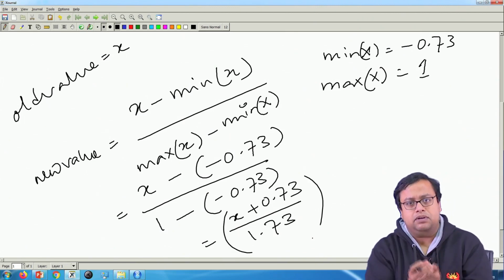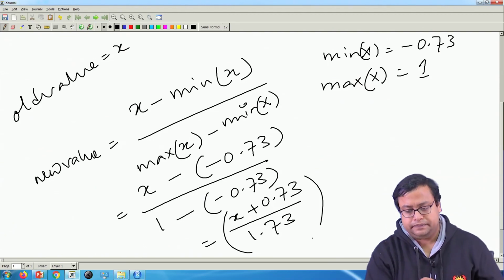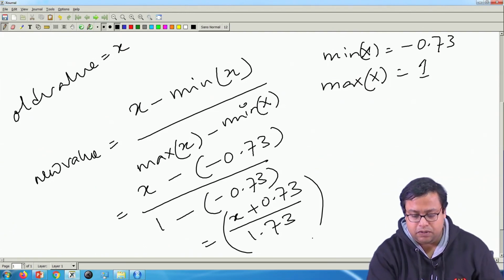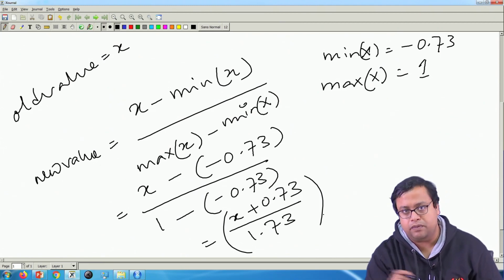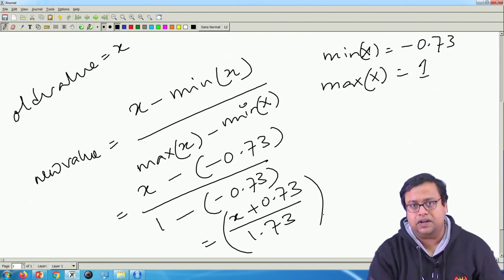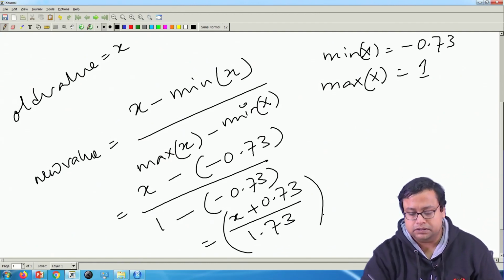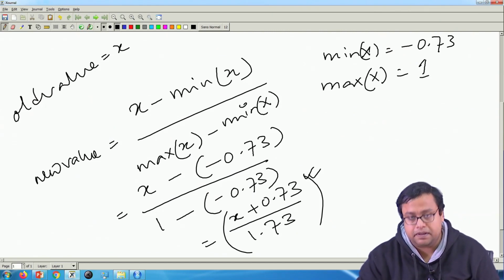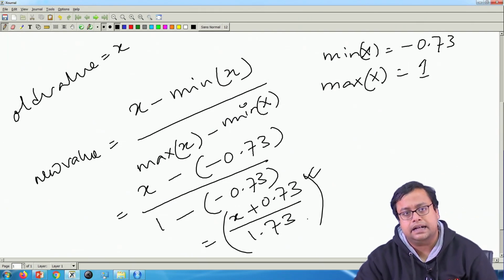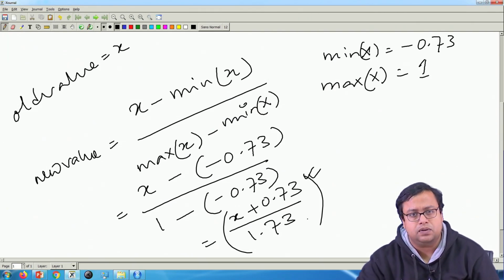Now, let us say one particular value is 1. When it is 1, the new value will be 1 plus 0.73 by 1 plus 0.73, it will be 1. If the value is minus 0.73, then the numerator becomes 0, this value becomes 0 and the denominator stays. So, that means that the minimum value is 0.